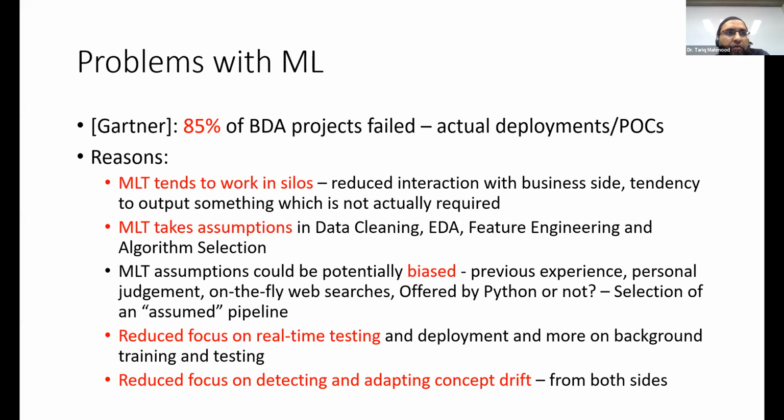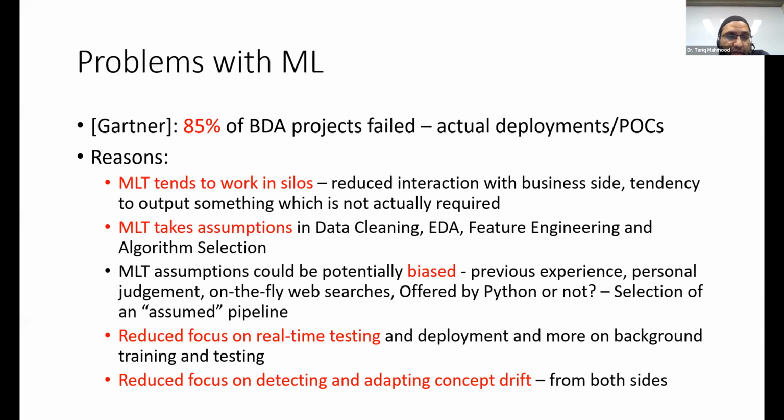And nowadays, we got this ChatGPT and we got this Google. So you just do on-the-fly web searches: okay, I'm facing this problem, what should I do? I should do this, okay, let's do it. So without having any concrete theoretical knowledge of what's going on, should I do this or not, and on what basis is the result valid for me? And then we see, okay, is this thing offered by Python, so let's use that module and do it. So we assume a machine learning pipeline, but that might not be actually what is required